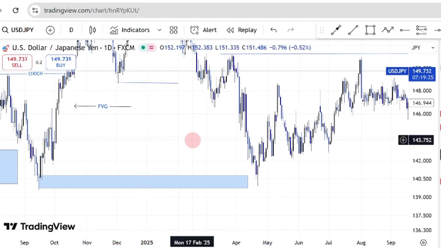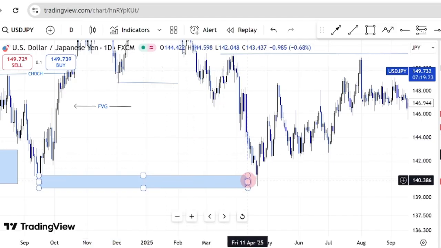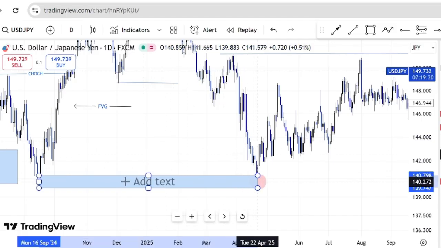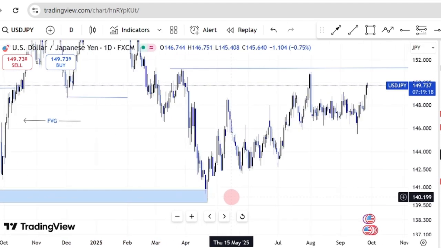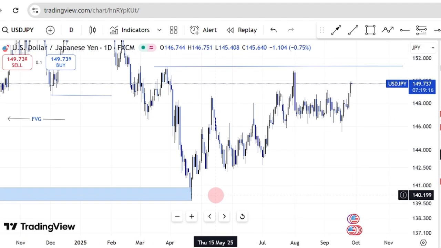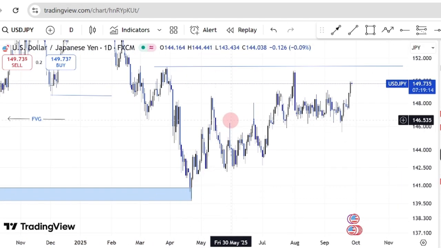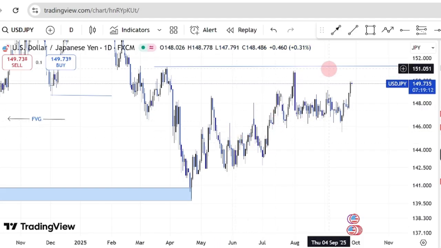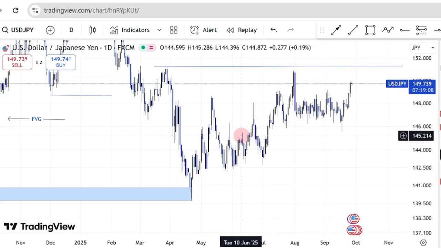Okay, so this is the daily candle, and what can you see? Price tapped into this point. After price tapped into this zone, you can see that price would continue in a bullish direction. So what we'll be looking at now is the 4 hours, then we'll look at the 1 hour